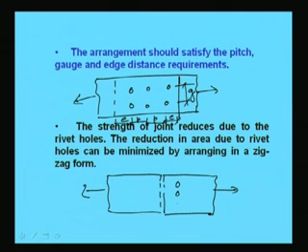In place of chain riveting, it would be better if we can make riveting like this. That means here the weakest section will be either through this or through this. The reduction of area in section 1 will be less compared to section 2. That is why section 2 will be weaker, and in section 1 the reduction will be 2 holes, and